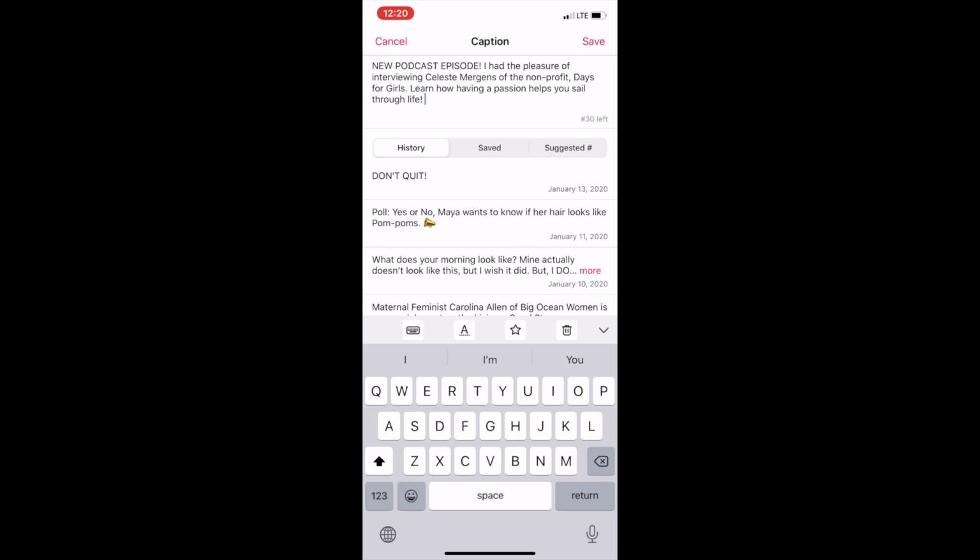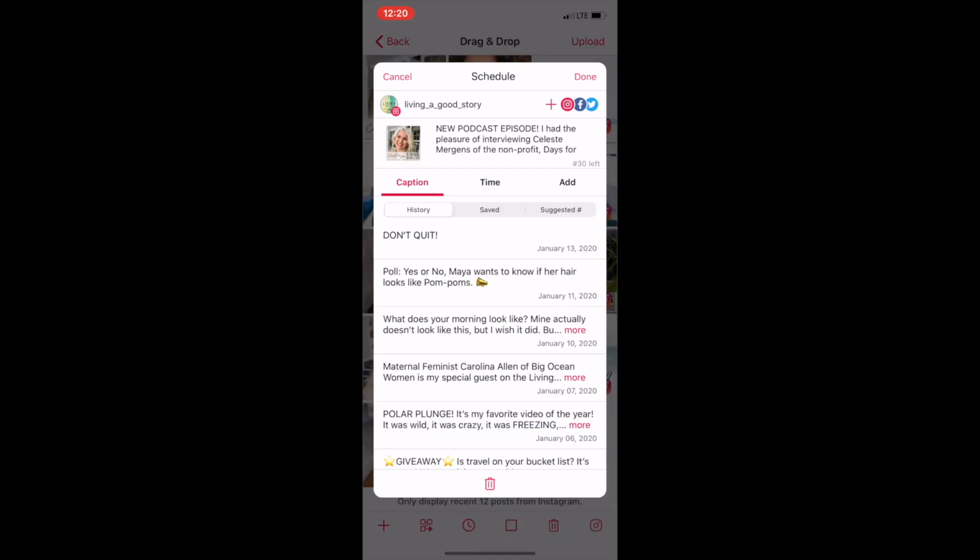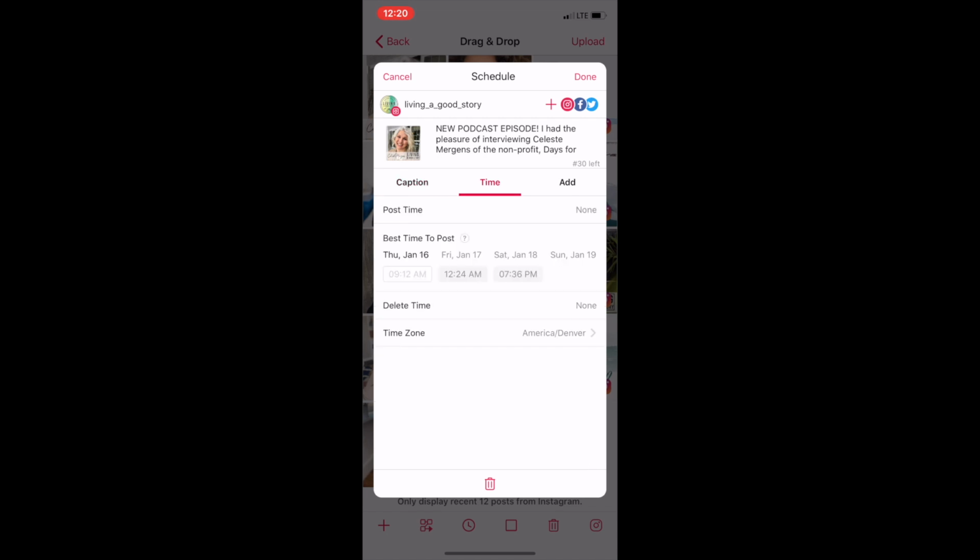So now I have my caption all written out. I'm going to go ahead and save this, and then what I need to do is go to time, and I'm going to pick a time that I'm going to post it. Now what I love is that it gives me suggestions on the best time to post it. So if this was just a general post, I could pick